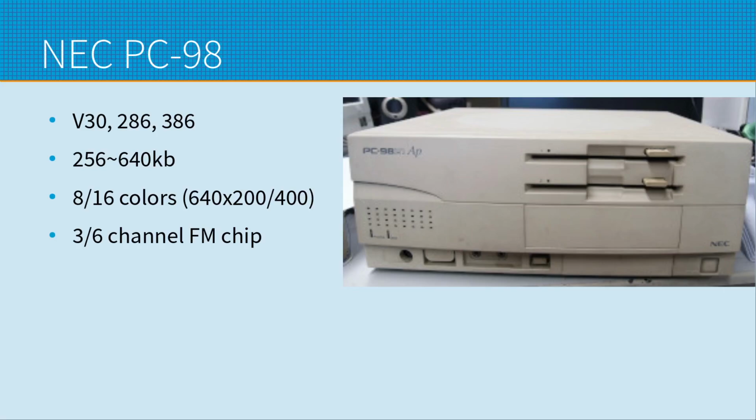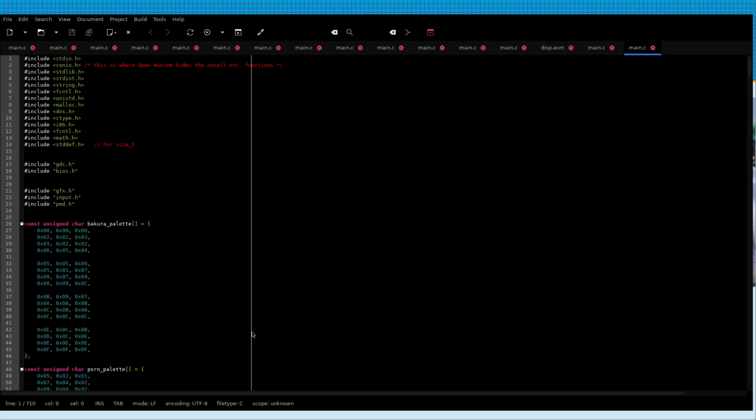Like the PC88, it is also planar based. The underlying system is DOS. On the PC88, it was something called N88 Basic, so it was more like a basic interpreter rather than an operating system or even a kernel for that matter. So here's the code for the